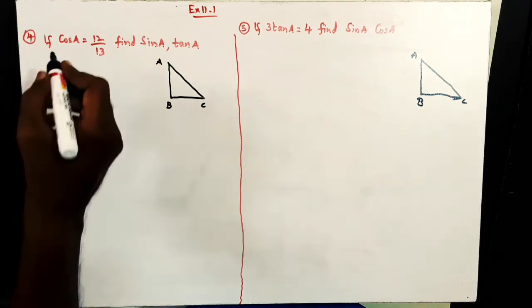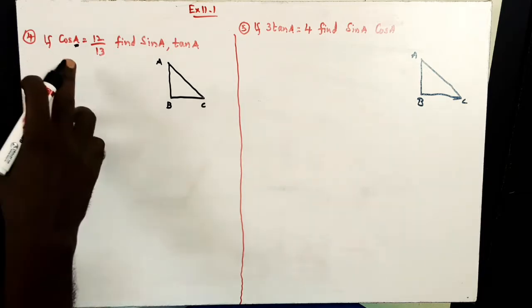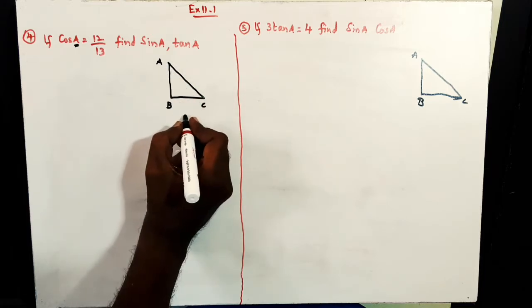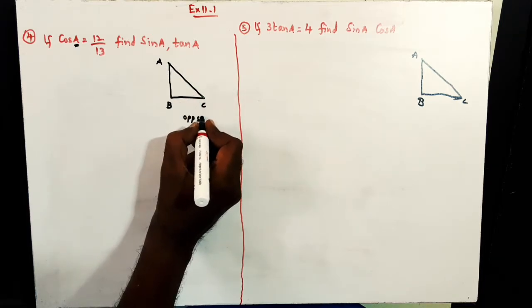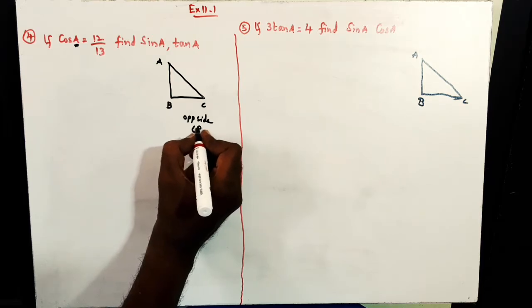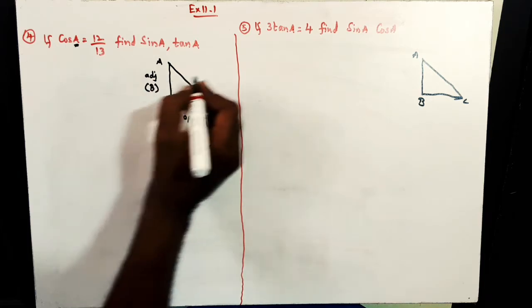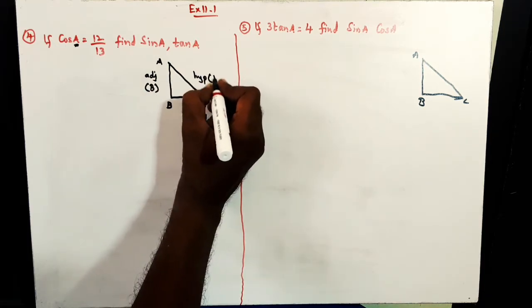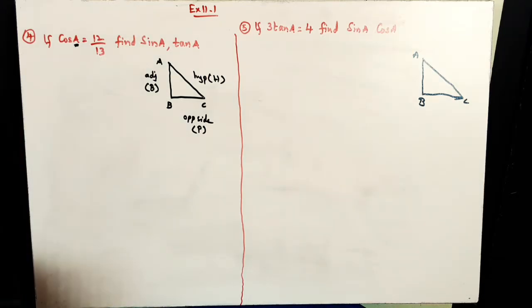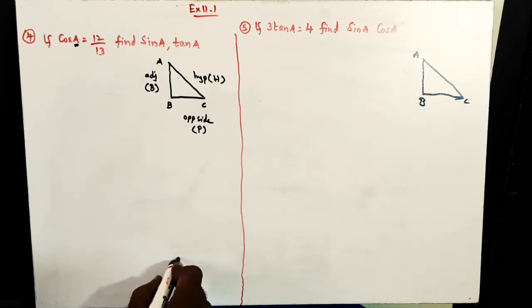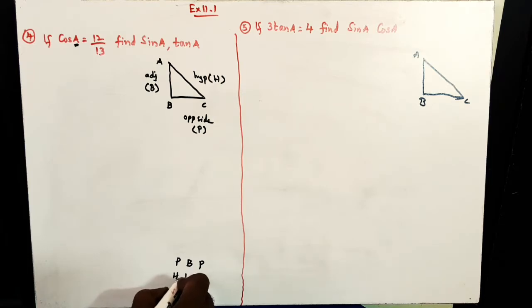So first of all, let us see here, A is given. Regarding this A we have to consider the sides. So opposite to A is the opposite side, that we are going to take as perpendicular, and this one is adjacent, that is B, and this is the hypotenuse H. Okay, now here for cos A, first of all write down Pandit Badri Prasad Hara Hara Bole, sin cos tan.